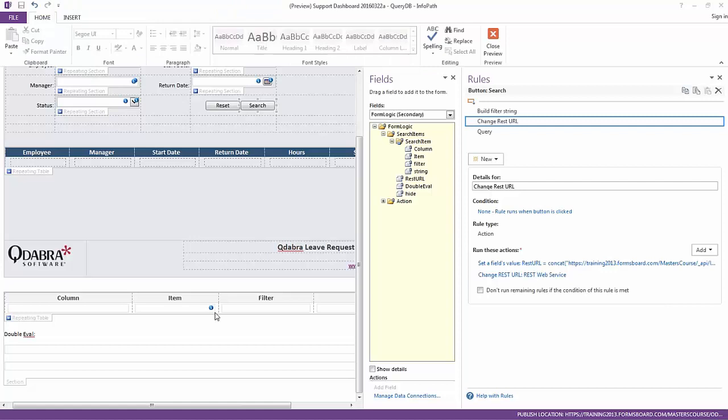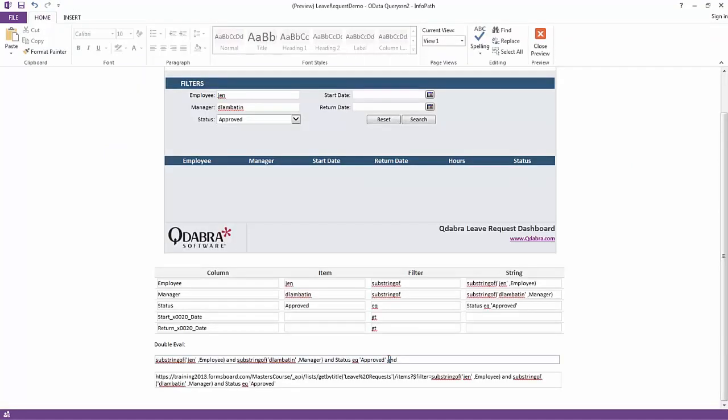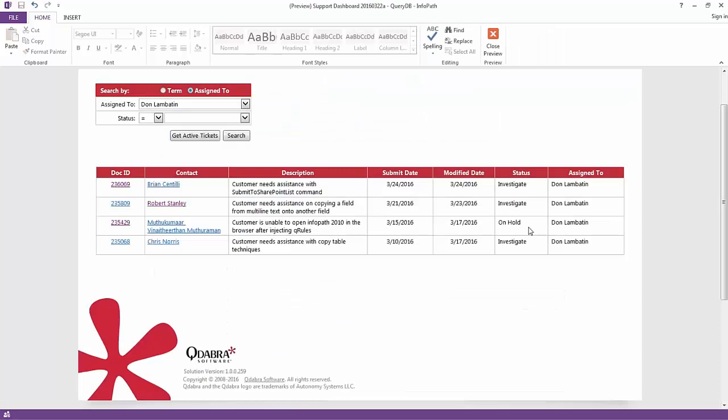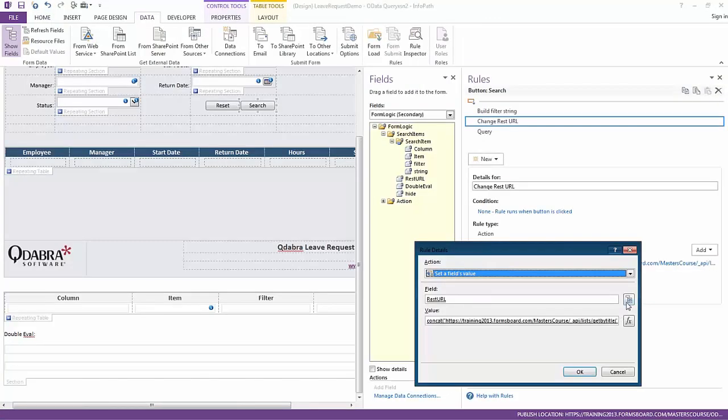You will see that here, excess letters here. So I used a substring to remove that, and it created this string, which now